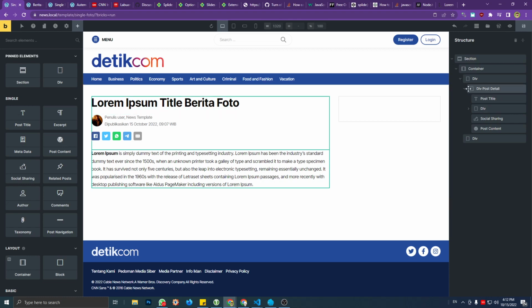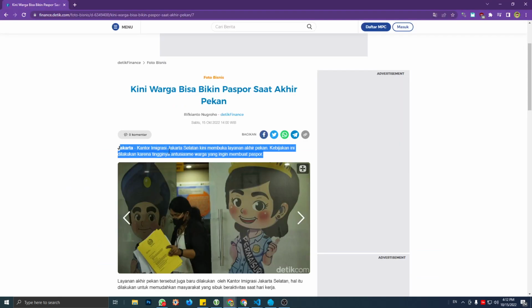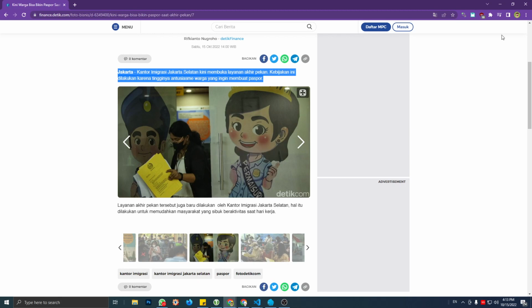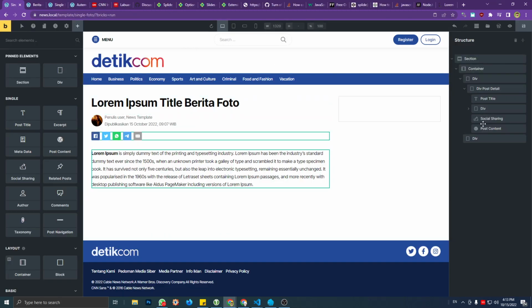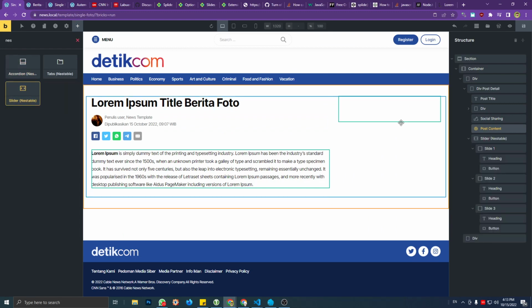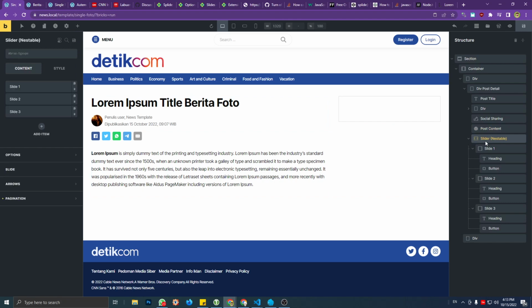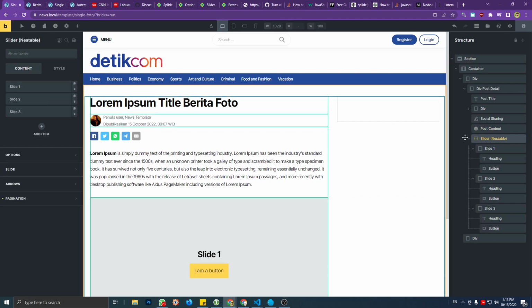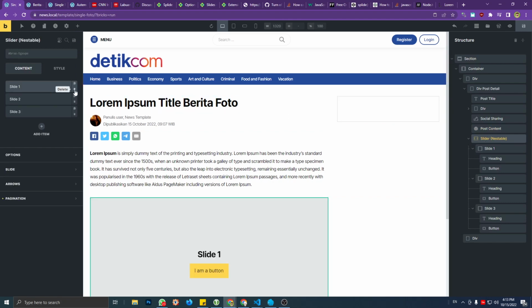And let's see, the first thing, what should I do? Let's see the layout. Not that. So post content, and then after that gallery. Okay. Where is post content? Here. And then after that we're gonna create a nestable slider. Nestable slider 1. Then delete